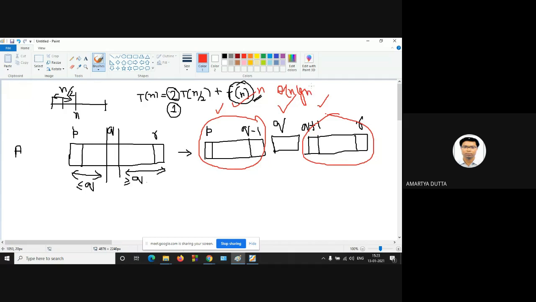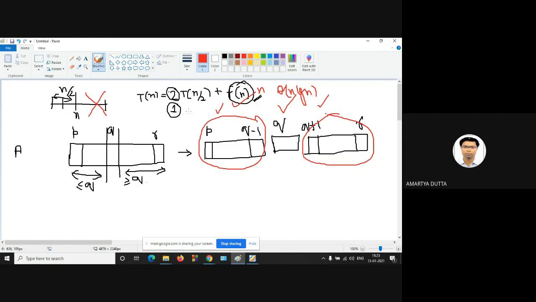But in case of binary search, the recurrence is T(n) = 1·T(n/2) + constant, because here we have to discard the other half. Here f(n) is 1, a constant value, because in binary search we are searching for a particular value.